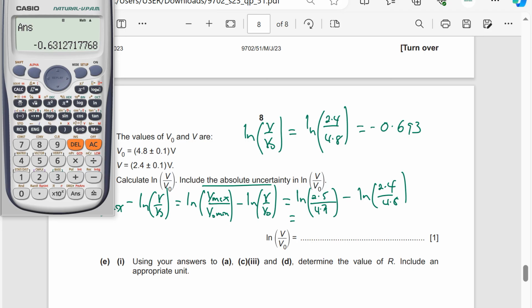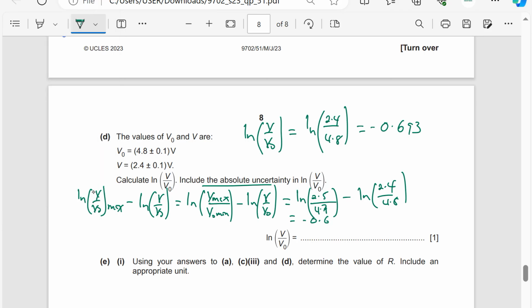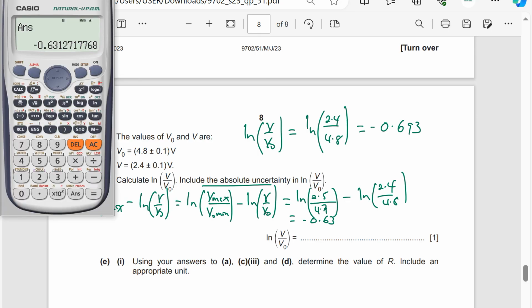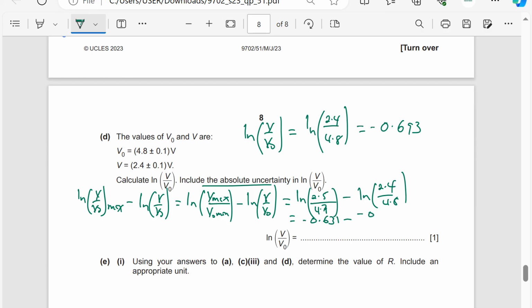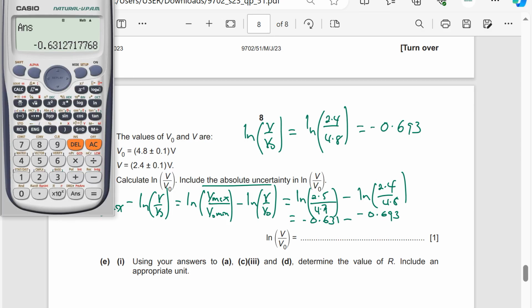The answer was minus 0.631 minus negative 0.693. So I will say minus 0.631 minus negative 0.693. So that is 0.06